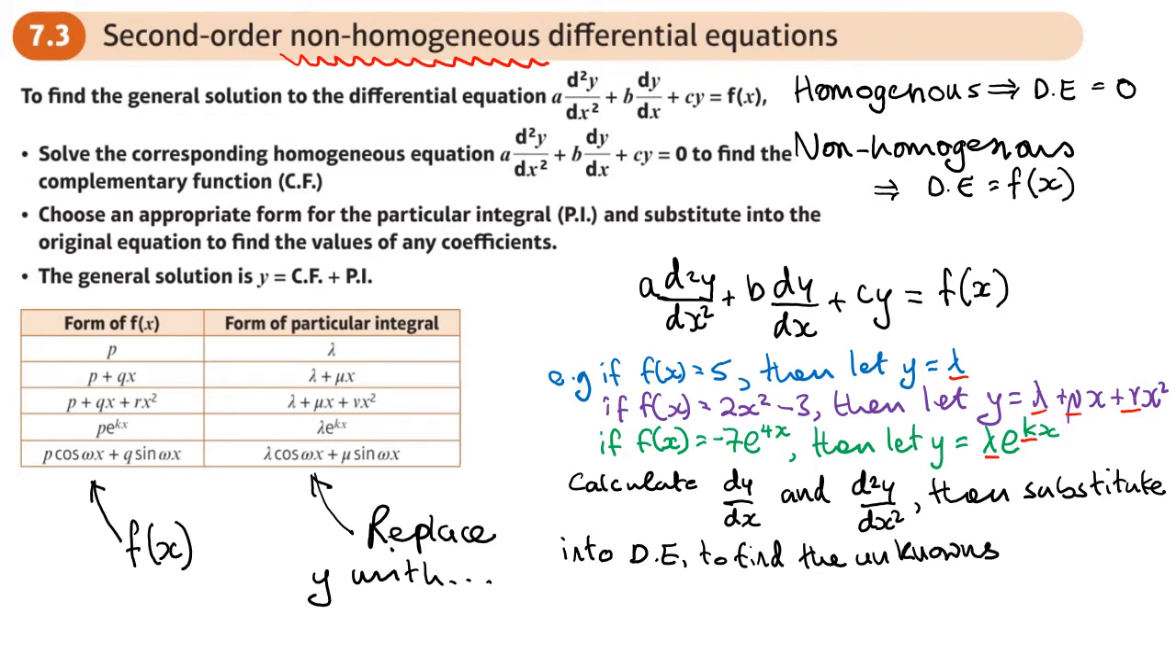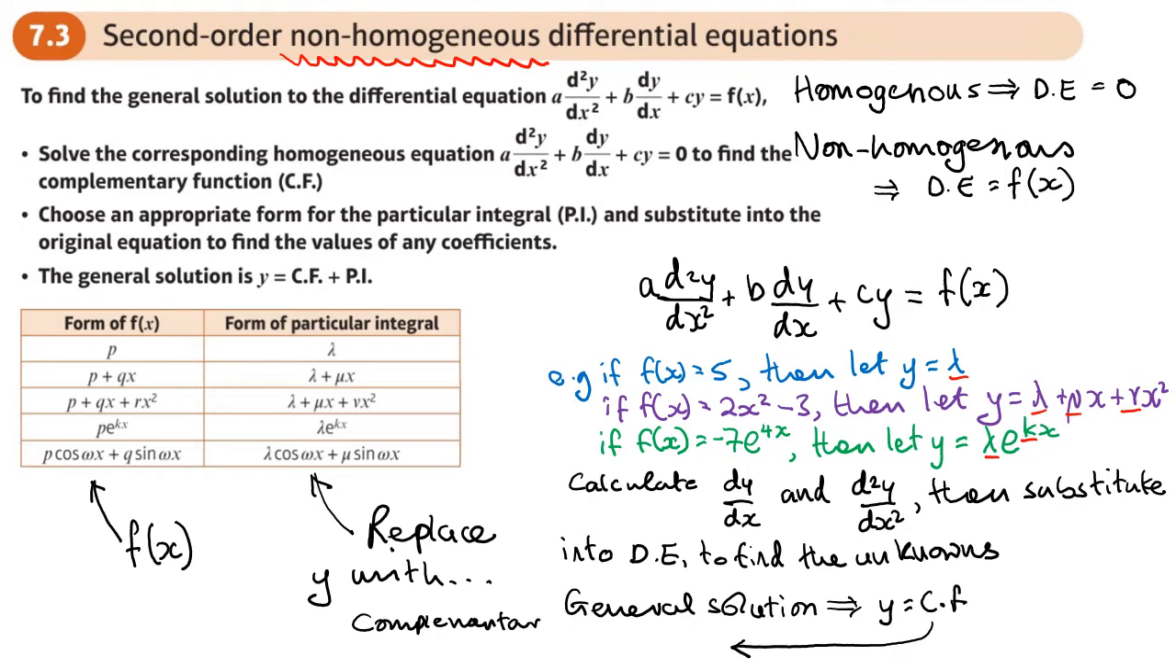Then our solution, the general solution, will be y equals something called the complementary function, CF. Now the complementary function is basically when we find or write down the auxiliary equation and solve. So the complementary function comes from forming and solving